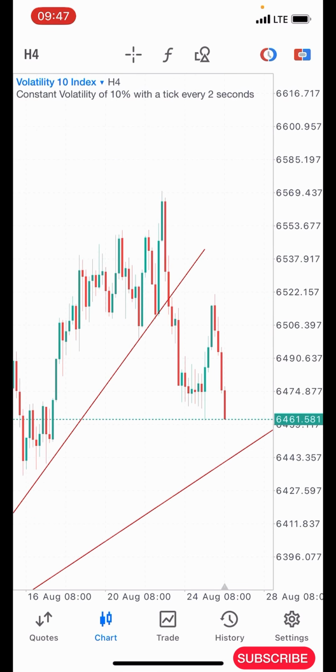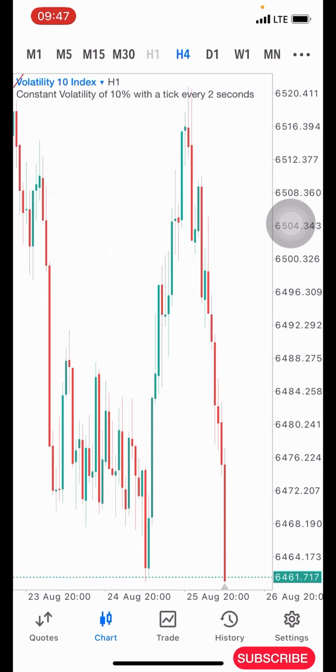Now you can see that on the 4-hour time frame, the price has broken below this trend line here, all right, this 4-hour trend line, and it's now heading to this one, which might have some bounce up to the upside again, okay, because the overall trend from the daily is an uptrend, right? So now